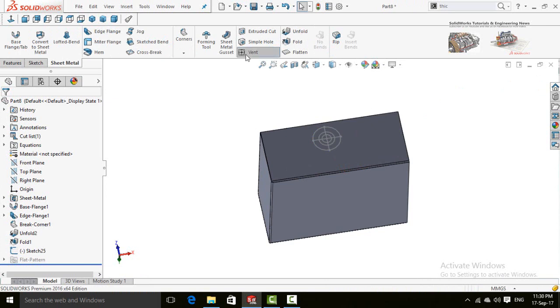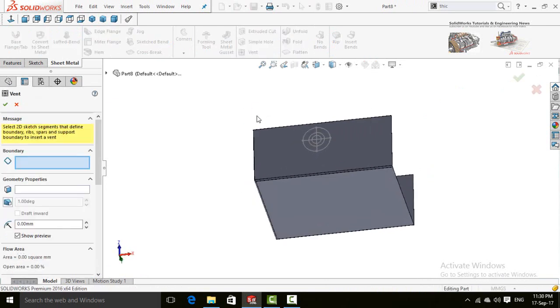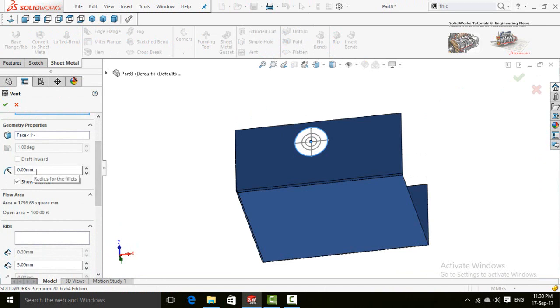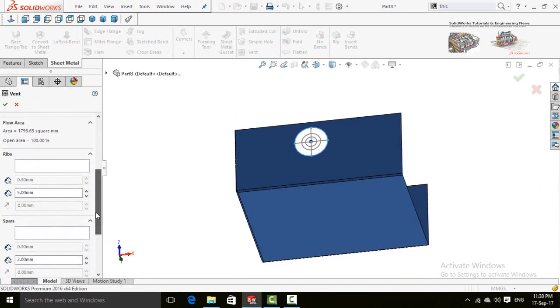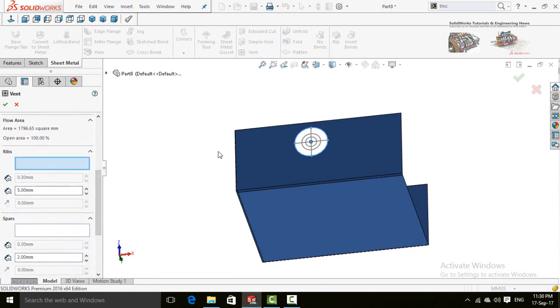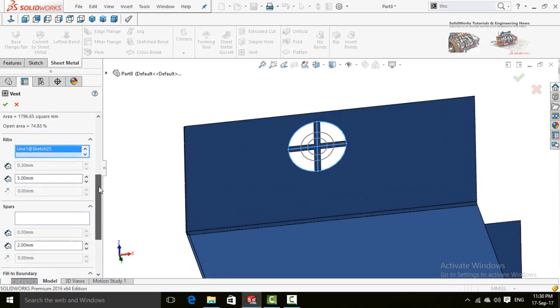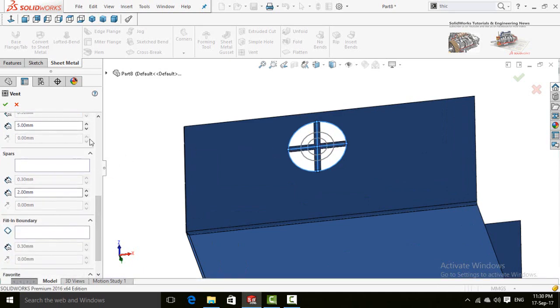Now you can use vent command. First of all, it will ask you about boundary. So this is our boundary. Then these are the options, review them by yourself. Here is the rib. So these are 2 ribs, select them one by one. Again scroll down and spars.